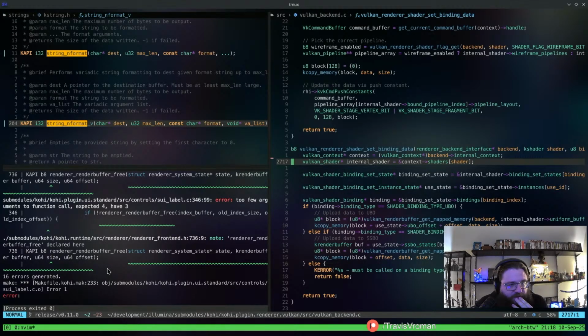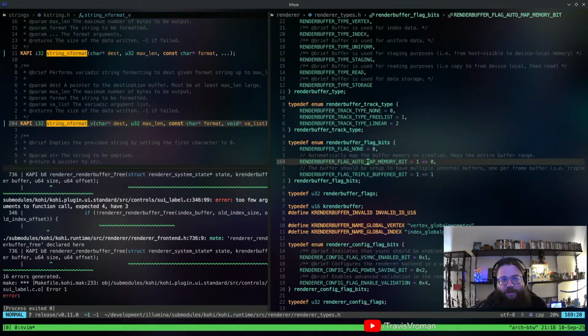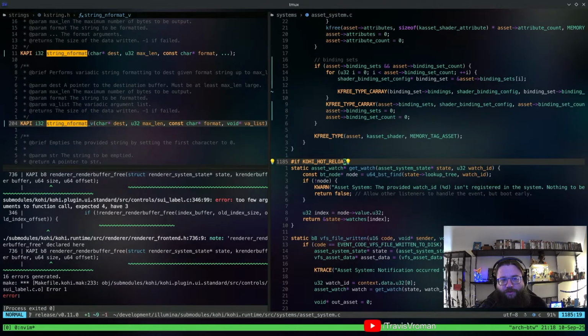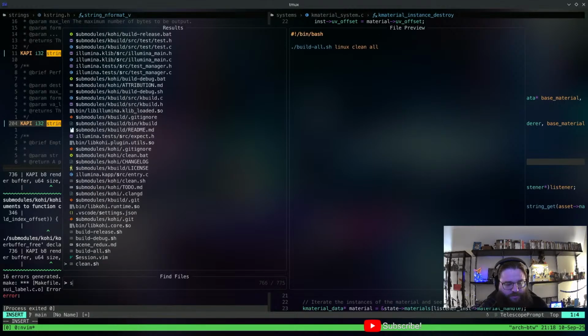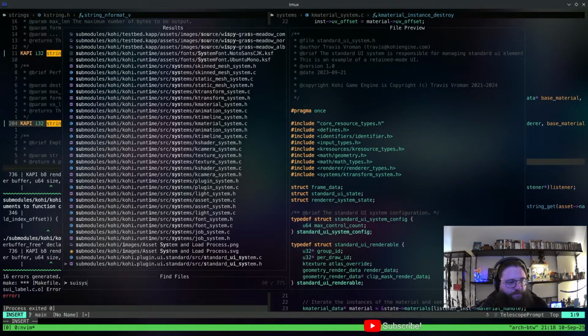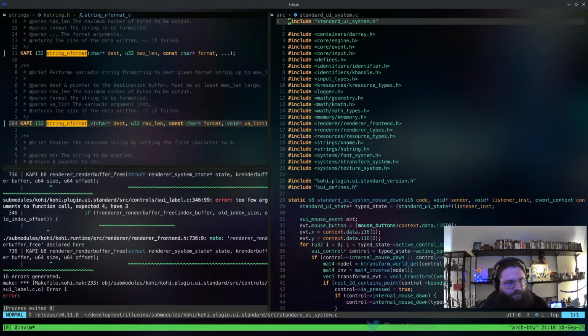Let's see. Too few arguments to function call, render buffer free. Okay, this is the UI standard library. So we're getting somewhere. I guess what we should probably do, what was that in again?